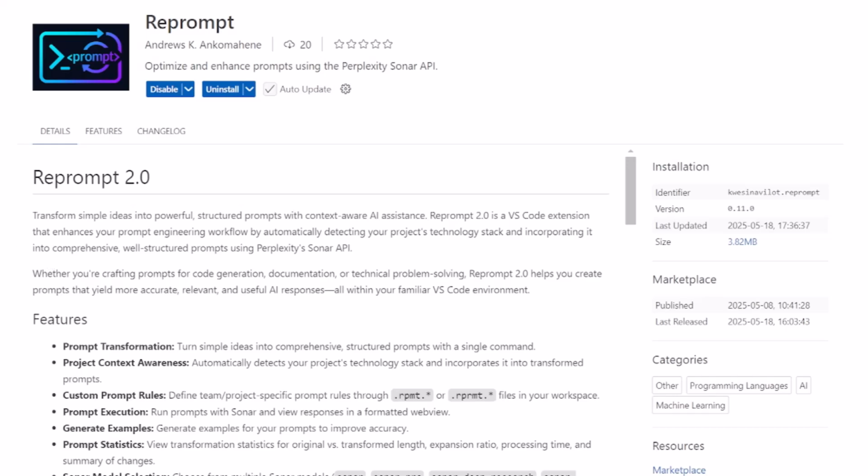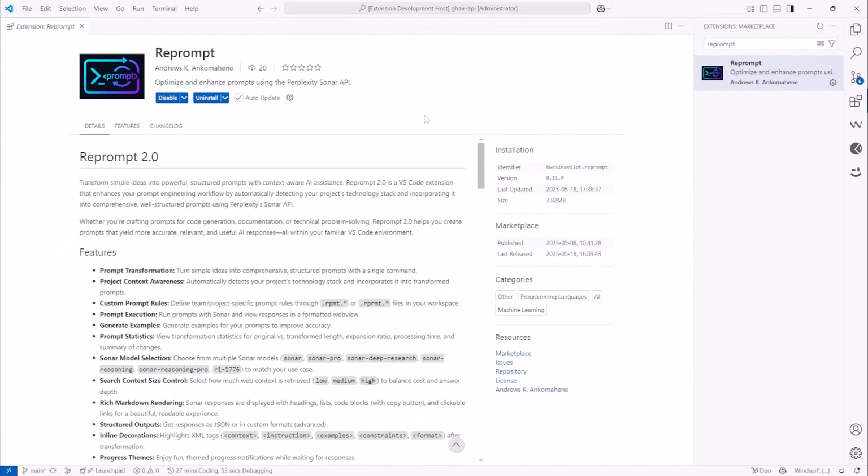for. So the problem that Reprompt is trying to solve is to clearly articulate the ideas in a way that the target LLM will be able to understand and respond accurately with relevant context, accuracy, consistency in terms of guidelines across team members, and making it very easy to turn vague ideas into detailed, structured prompts that yield useful AI responses. So to use Reprompt, you have to install it from the VS Code Marketplace on web or inside VS